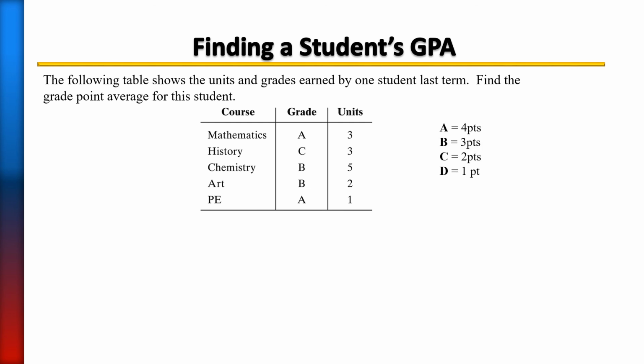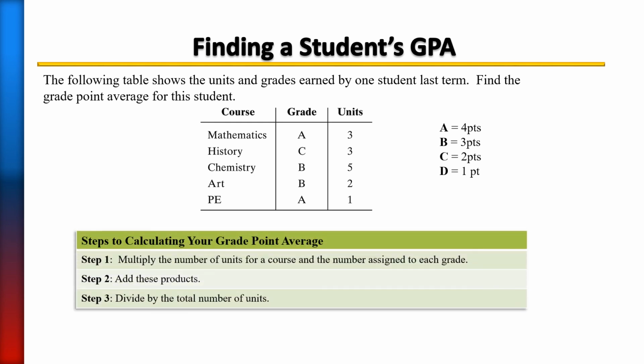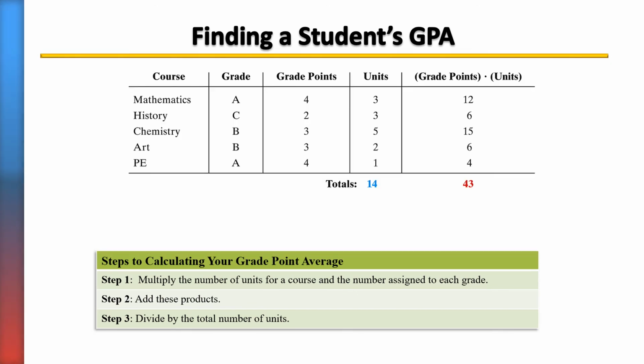So to find the GPA of a student, grade point average, all you need to do is to multiply each grade point they earn times the unit of the course. Okay. So for the first course, this student got an A. An A is worth 4 points. That course was a 3-unit course, so you go 4 times 3. So that student earned 12